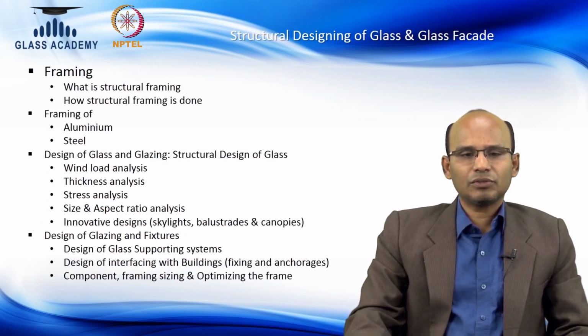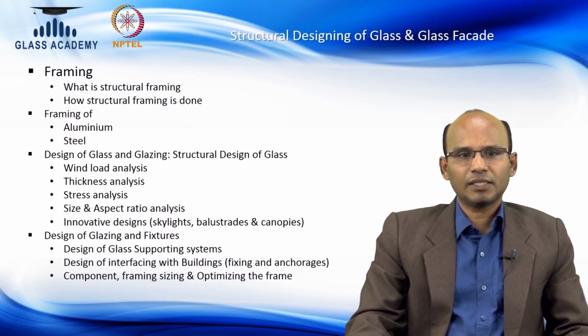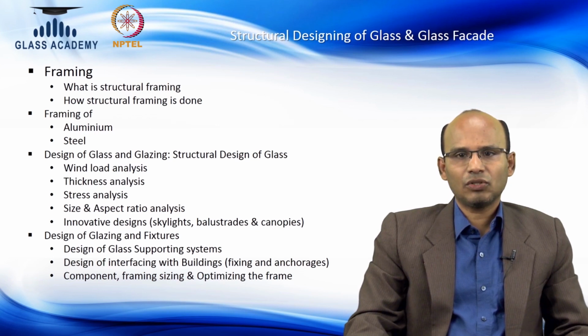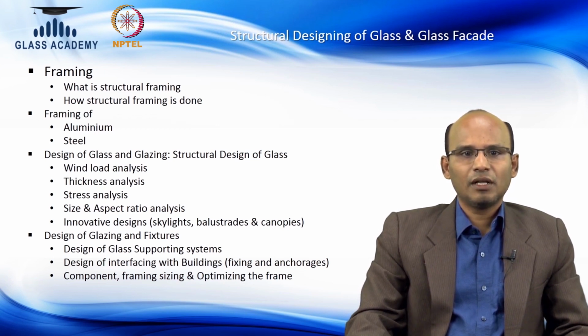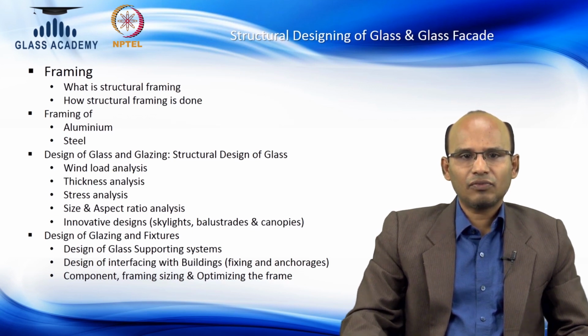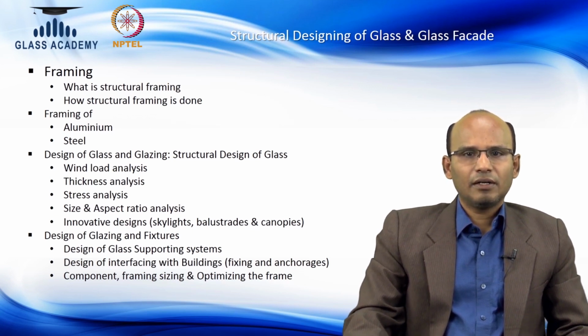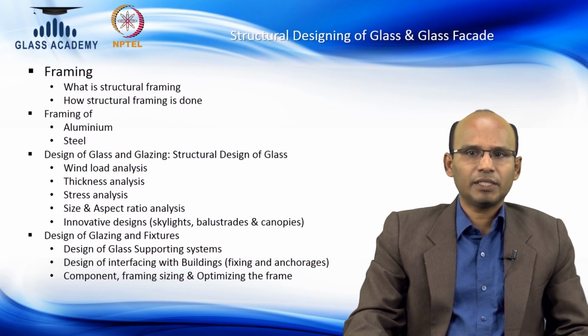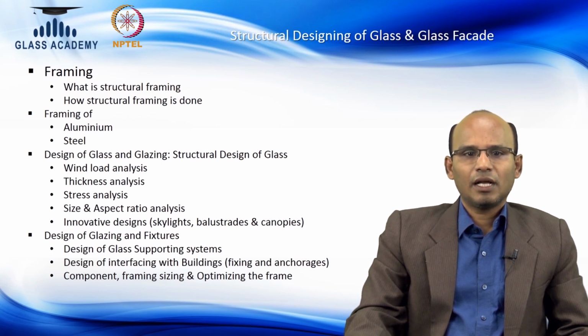The framing design. The first thing we start with in the facade design or glass design is the primary member which is supporting the glass in place, which is the framing. The framing is designed primarily like any structural element, aluminum or steel, and how the framing is done, how it is getting fabricated, and what is the availability define the design. In the design of glass facades, you are assuming or calculating the wind load, and you are checking the thickness of the glass material or supporting frames, and you are checking for stress analysis,